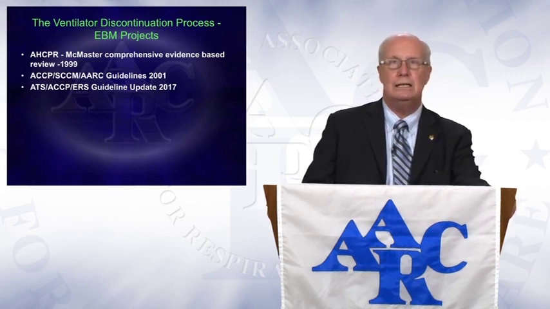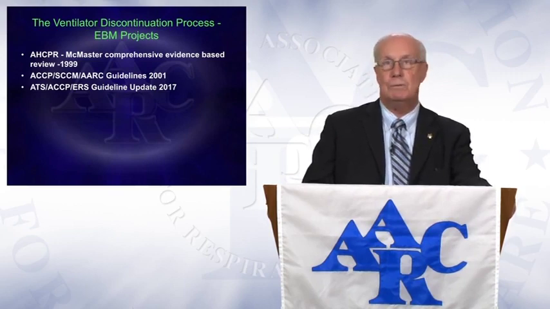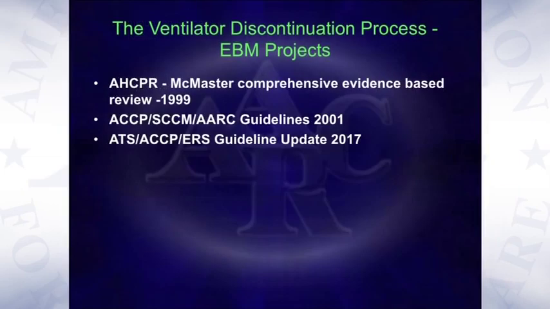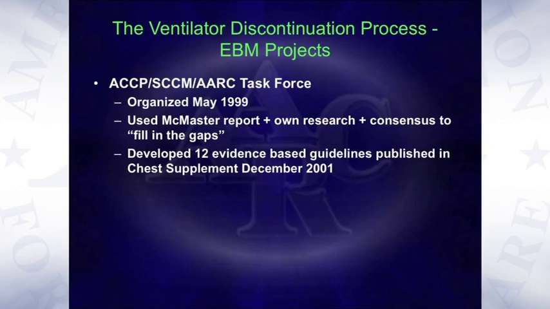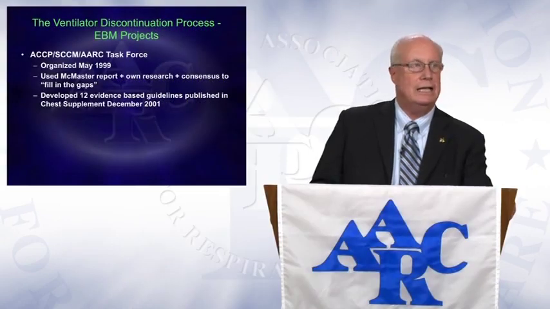In 2017, the ATS, the ACCP, and the European Respiratory Society got together and looked at these guidelines and added some updates. But as you'll see, as we go through these, you'll find that these updates don't really substantively change what was published back in 2001. Let's look at what was done back in 2000-2001. This group got together, started in May 1999, and they took this McMaster report. And this McMaster report was huge. It reviewed over 5,000 papers,